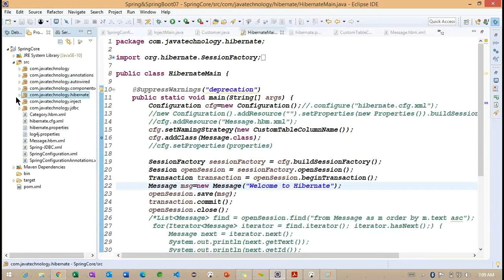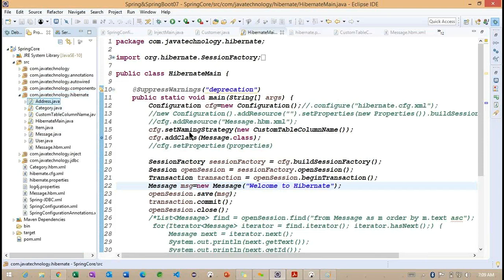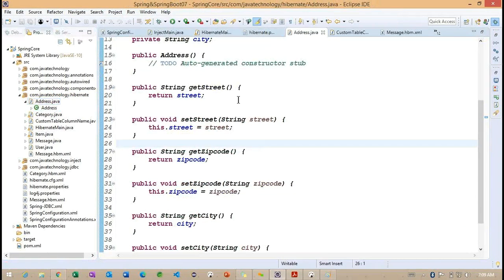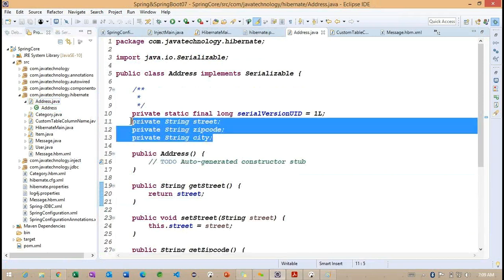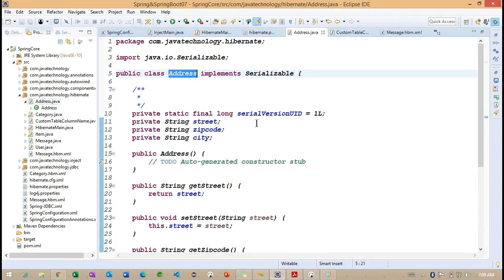If I open this particular address class, inside this address class we are having the same properties: state, zip code and city. But the only difference here is that this address will contain two: one is a billing address and another one is a home address. So how are we going to work on this particular problem? Basically, this problem we are going to achieve using this object model here.